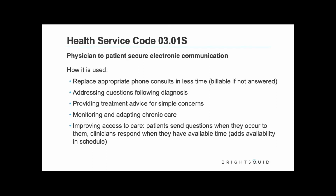Providing advice, treatment for simple concerns, things like dermatology, like I suggested. Someone's got a simple rash and they just need to put some Vaseline on it. That counts for sure. And then, monitoring and adapting chronic care. We see a lot of physicians using it in this way, especially during the pandemic. People didn't want to travel. They didn't want to come in. Hey, how are you doing? Send us your results. Send us your latest readings. What's your blood pressure? And adjusting to that, responding to that, giving advice based on those inputs,